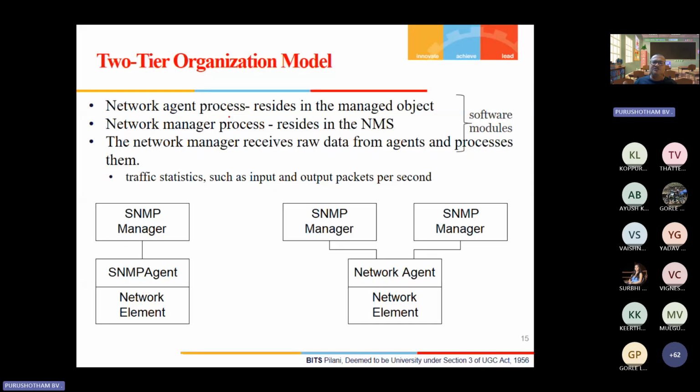The network agent process resides on the managed object. The network manager process resides on the network management system. The network manager receives the raw data from the agents and processes it, based on traffic statistics such as input, output, and packets per second, so some statistics will also be there.